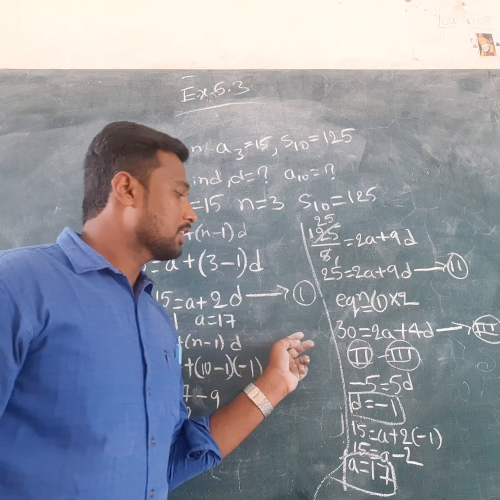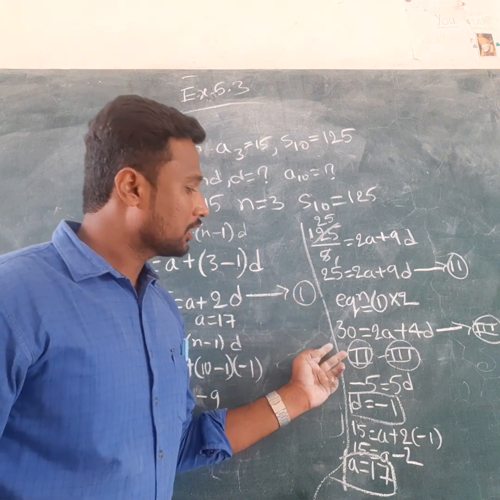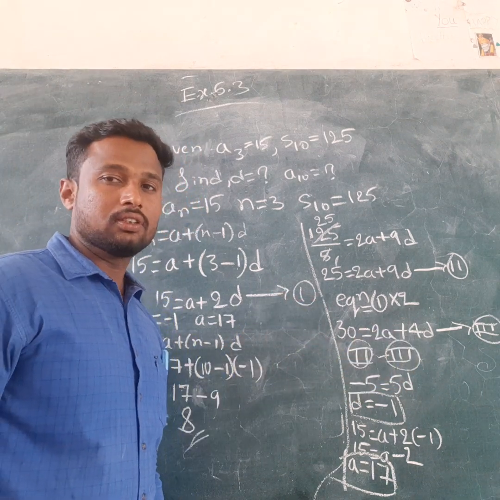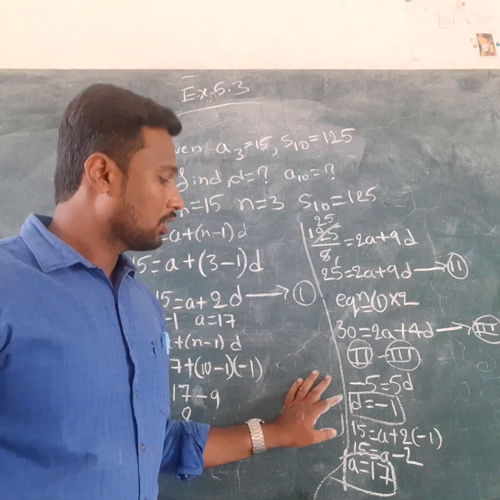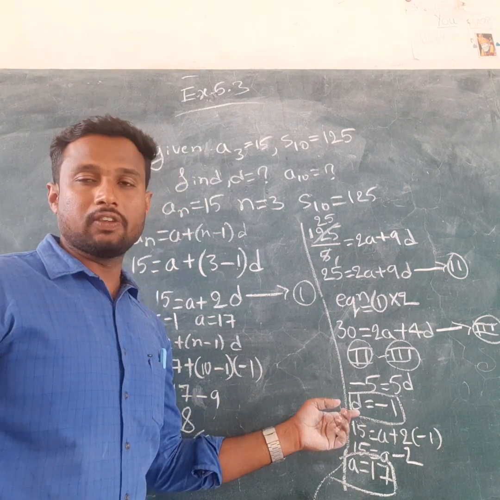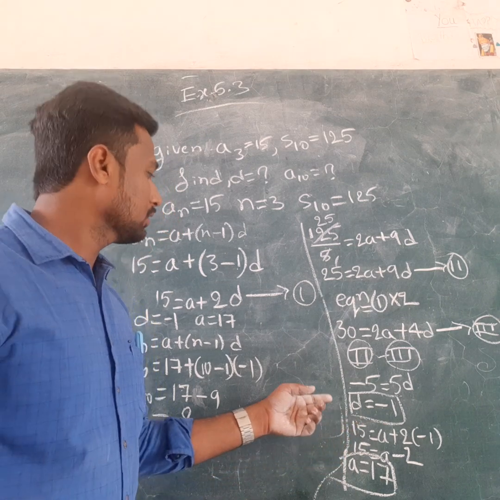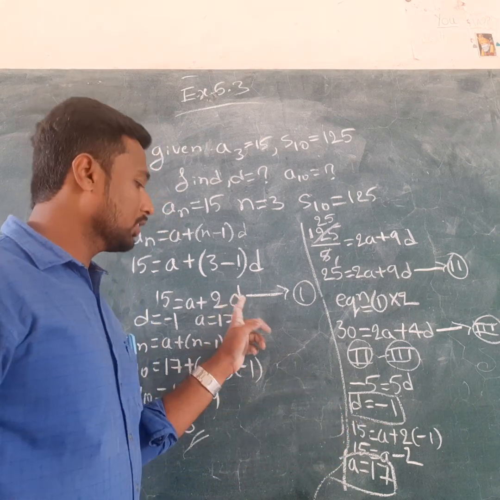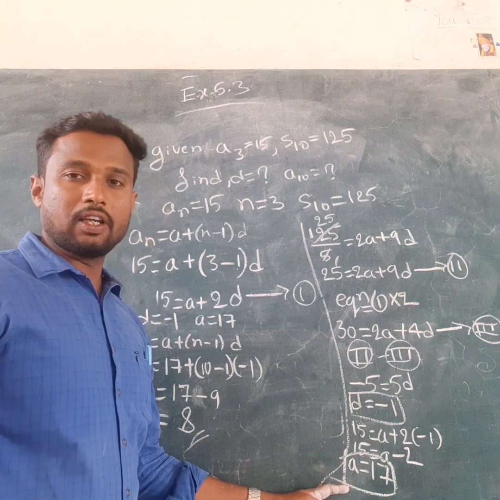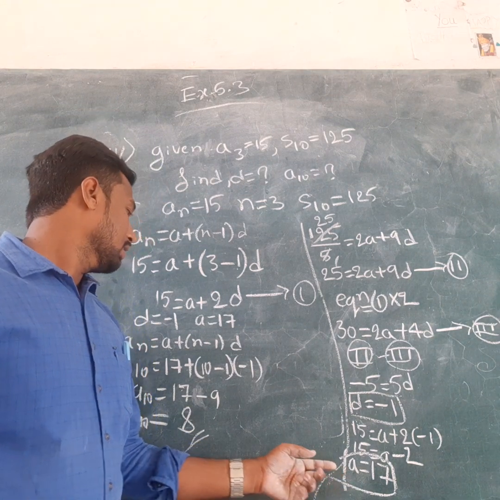Now I subtracted equation 2 from equation 3. Now I got the D value. What is that? D is equal to minus 1. By inserting the D value into equation 1, I got the A value as 17, and now